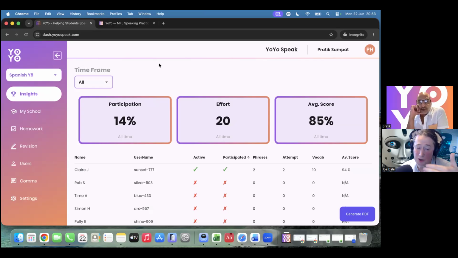So would that just be like the next step? I can give everyone the contact details in the Eventbrite, and then they just get in touch. You have that meeting where you sign the different data privacy agreements, etc. And then once that's been approved by the principal in your school or your MAT, etc., you go with YoYo Speak, and then you get going with the onboarding once everyone's happy. Is that right? Yep, exactly that.